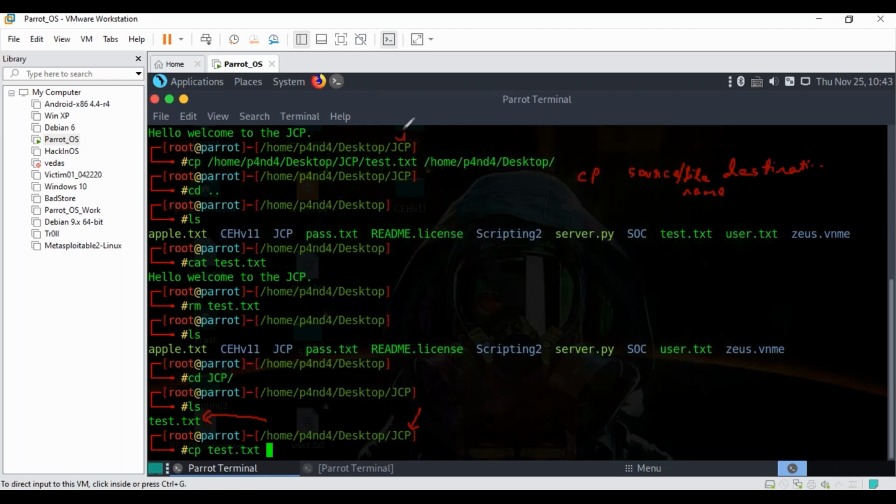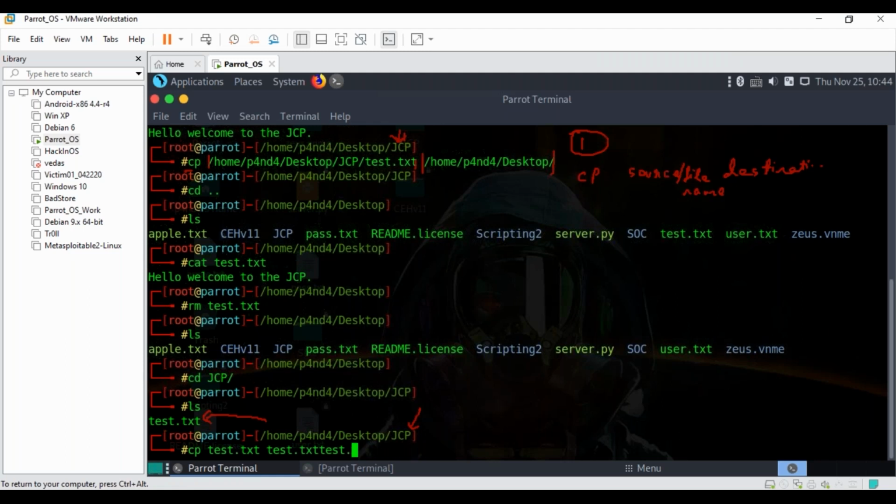So I wrote cp and mentioned the complete path: home, panda, desktop, JCP slash the file name, because this is the place from where I want to copy this file. Then space, the place where I want to copy it, that was the desktop. One way is to write the entire path. Another way, since I'm already inside my JCP,